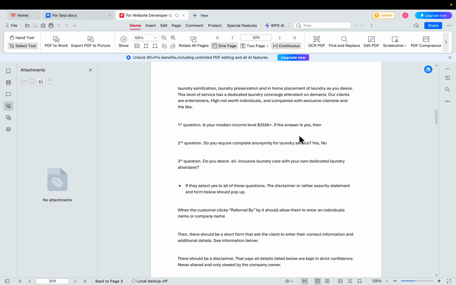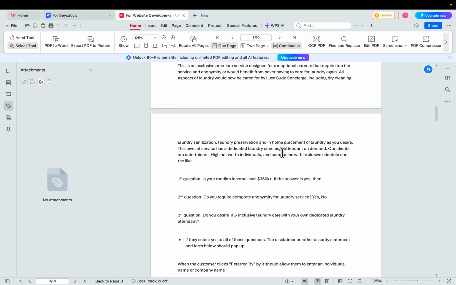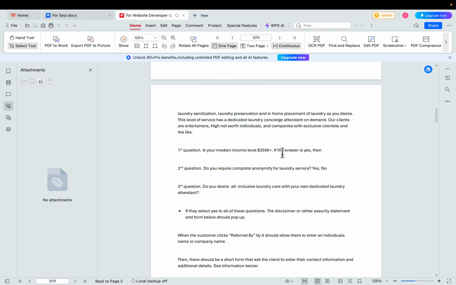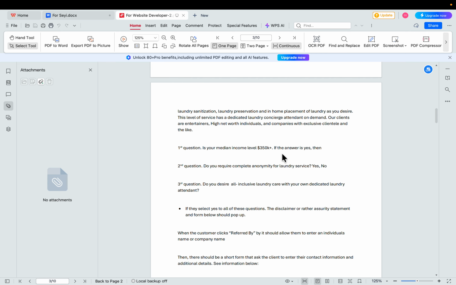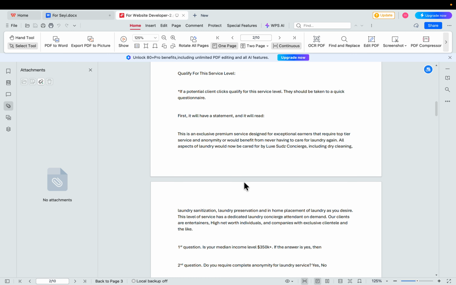I want to ask a question. What if they click on the questionnaire button, and once they are on the questionnaire page, they do not click everything as yes? Where do you want to direct them to? To Luxa's Laundry, to the other side of the screen. Whatever link you have for Luxa's Laundry, it should bring them back over to the Luxa's Laundry side where they can choose. We'll talk about what that other side has, but it's going to take them just to Luxa's Laundry because they won't qualify for this side of the service. Make sense?